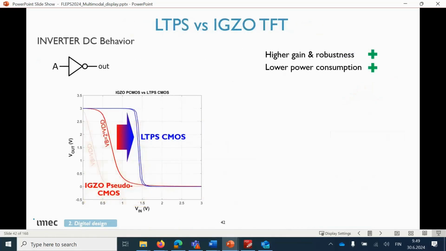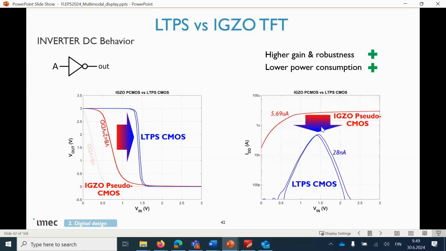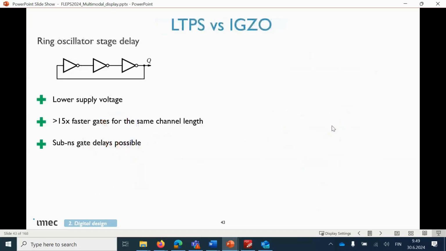But then LTPS comes. LTPS comes and makes things easier. You see here comparing actually the state-of-the-art pseudo-CMOS logic we have used in so many demos to a, let's say, LTPS 3-volt operation. And you compare the two, and you have better noise margin, you have less power. If you measure the current, you will see that the power goes down almost 2 orders of magnitude. And on top of that, you don't pay,